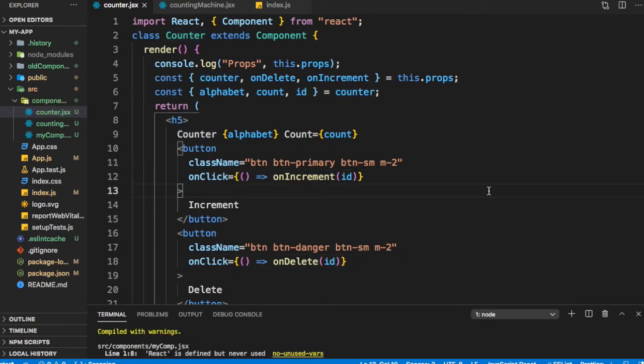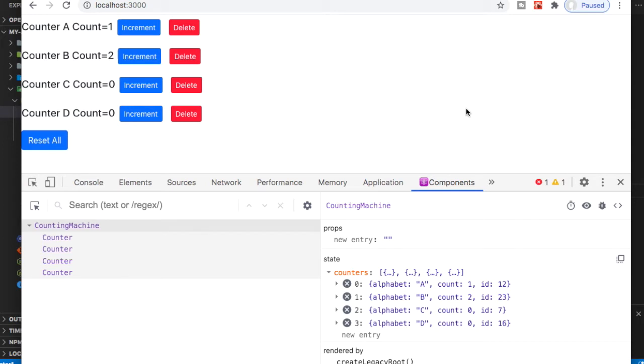So we have now said that whenever we want to increment, we will call the increment function that was passed as props with the id, and the same thing in delete. So here, as we can see, we have our counting machine. So let's first test increment.